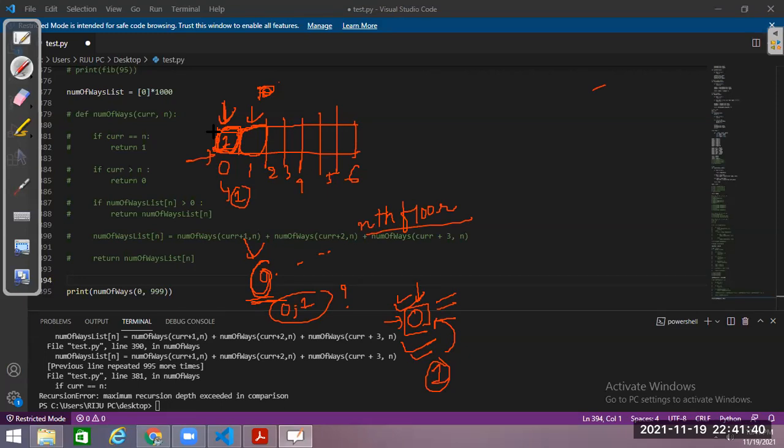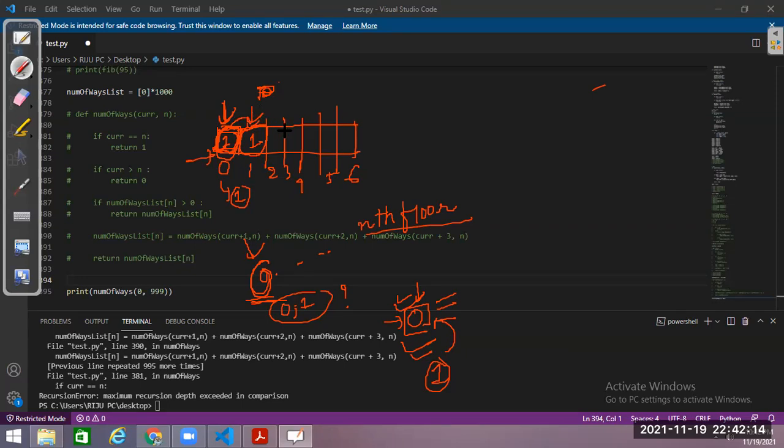Because sir, 0 to 1 will be one, then if 1 stands by itself, no, 1 cannot stand by itself. As per the question, I can only start my journey from 0 only. From 0 to 1 there is only one path. I can start my journey from 0 only. So there is only one way to reach 1. That is, from 0, take one step and reach 1. There is only one way.